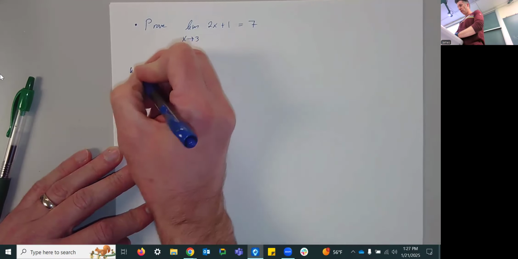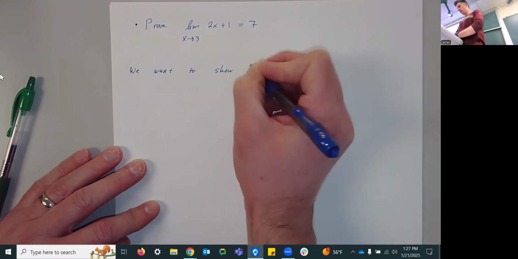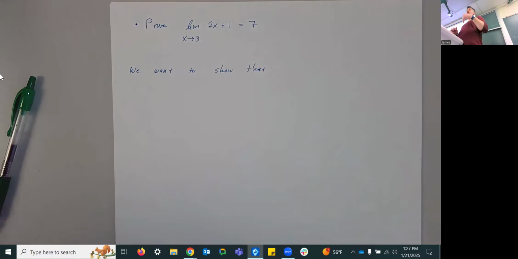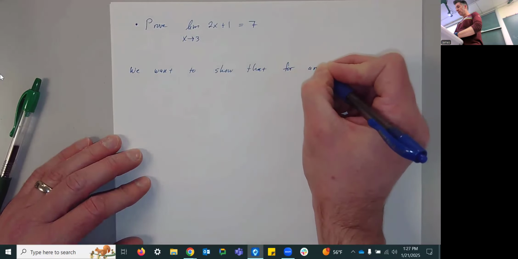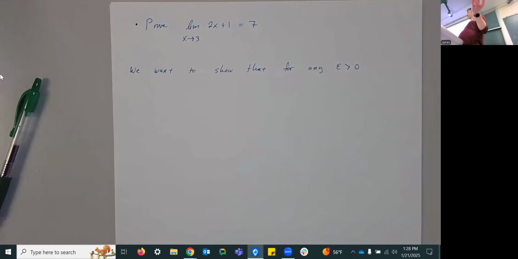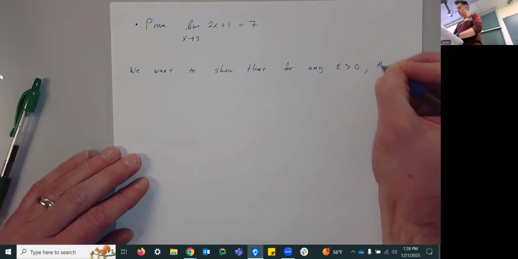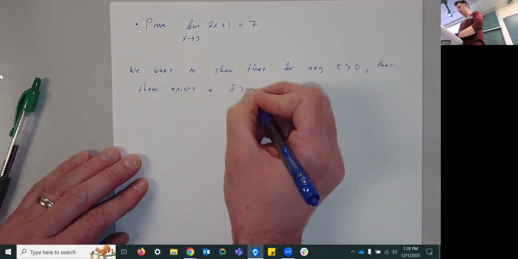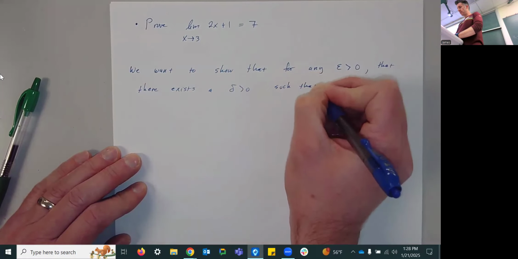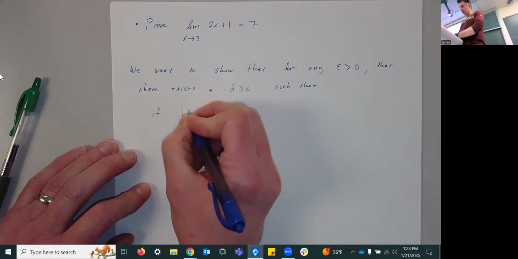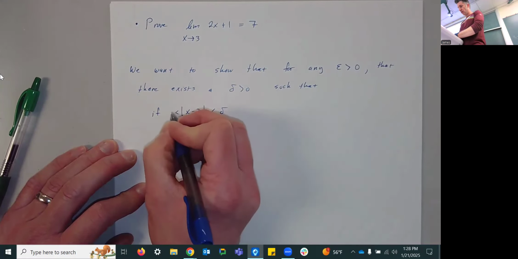So we want to show that this limit is equal to that. What that really means is that we want to show that if x is close enough to 3, then the function is as close to 7 as we want. So we want to show that for any epsilon that is greater than 0, you're usually imagining that epsilon is some pretty small number, though it can really be any positive number, that there exists, or we can find, a delta that is also positive, such that, if the absolute value of x minus 3 is less than delta, and I should say greater than 0,